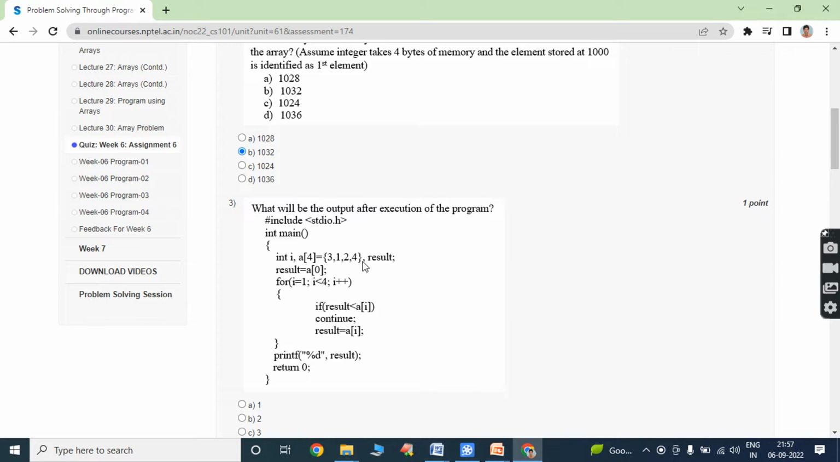So result value is 1. A of I value is 2. So that means I value 2. So A of 2 value is also 2. That means 1 less than 2. Condition true. If this condition is true, then the control goes to the body of the if block and execute